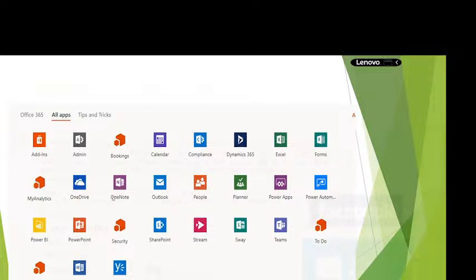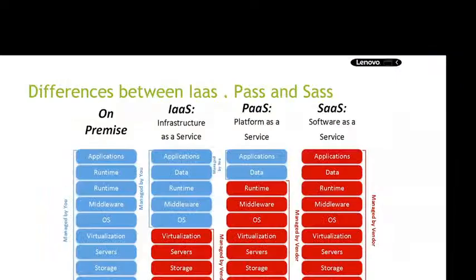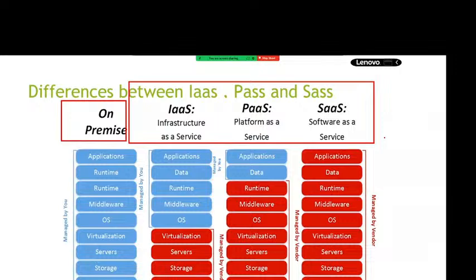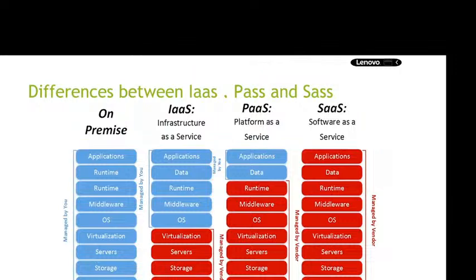This one slide is enough to differentiate between on premises and cloud. Have a look. This is on premises, and these are cloud computing. Now tell me, in on premises, to perform all these things, networking, storage, operating system installation and configuration, middleware, runtime, application, we require one thing. What was that?